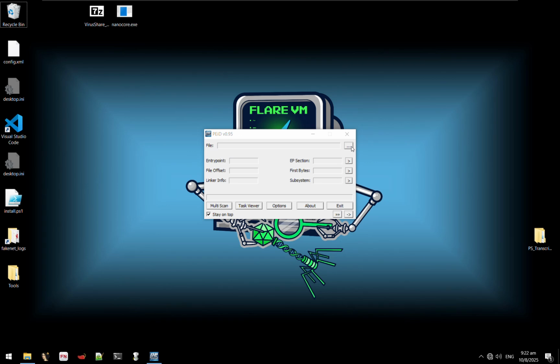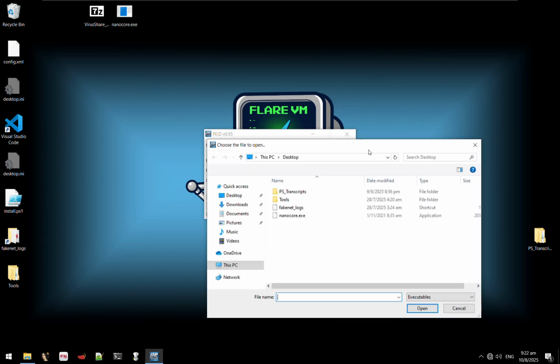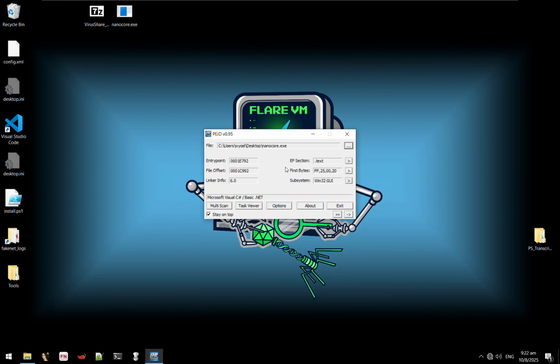Hi, I'm Wise and I'll be doing the static analysis for the malware. So the first tool I'll be using is PEiD. This is to identify whether the malware is packed and also the compiler. As you can see, the compiler is using C# code and it's a .NET assembly, and the EP section is